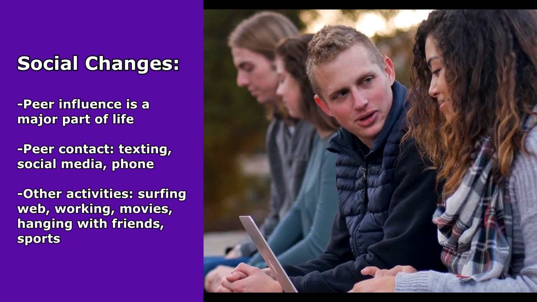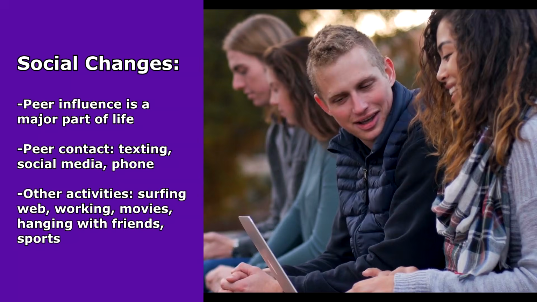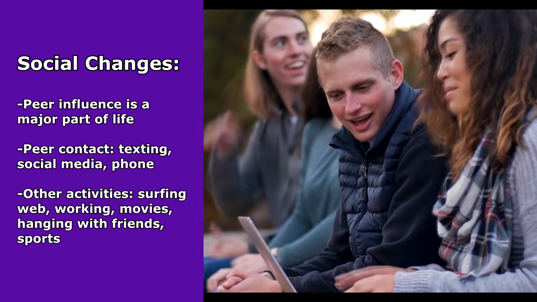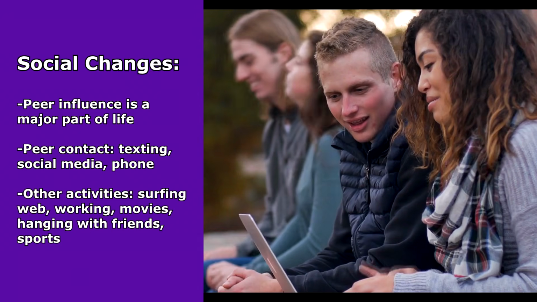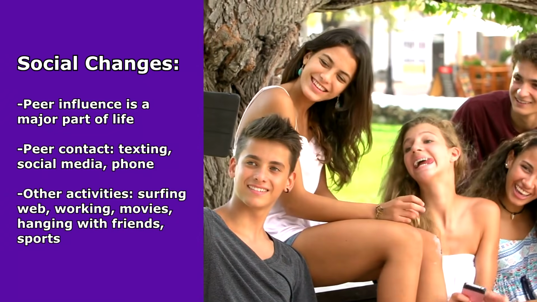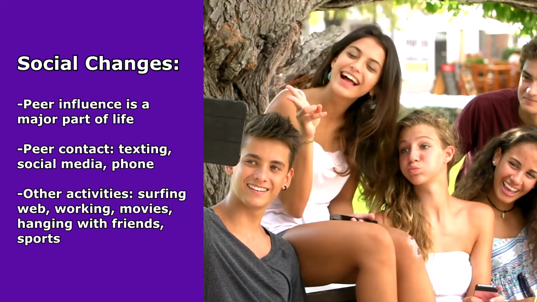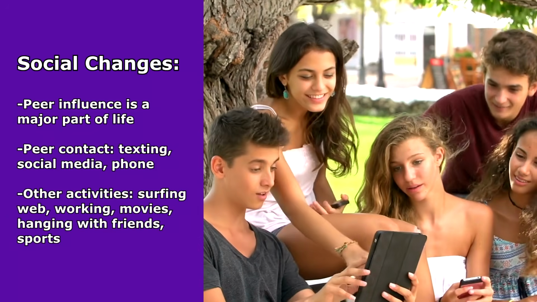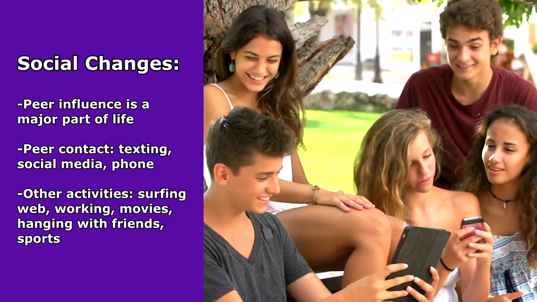Plus, the adolescent is changing socially. So before, during the school age time, friends were important. They were starting to love to hang out with their friends. But now, peer influence is a major part of the teen's life. They will dress how their friends dress, consume the foods that their friends consumed, and do the same activities as them. And there's a lot of peer pressure during this time period.